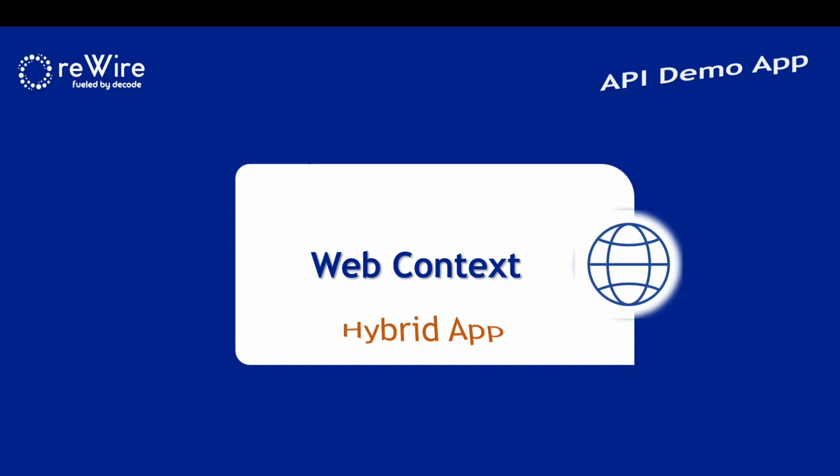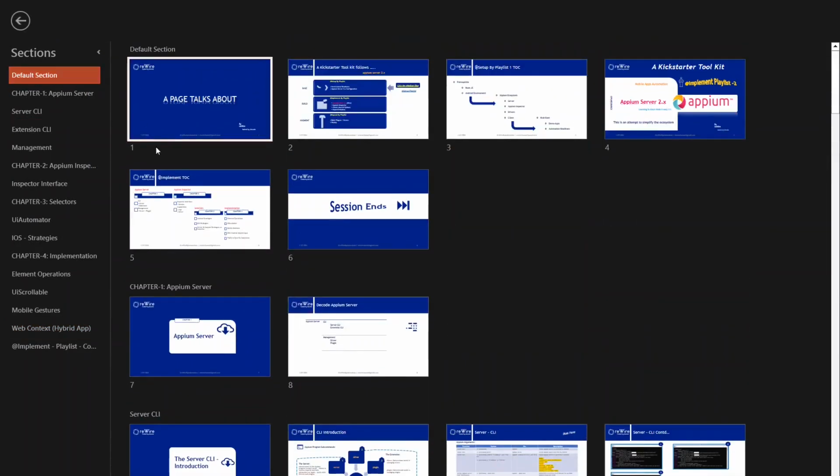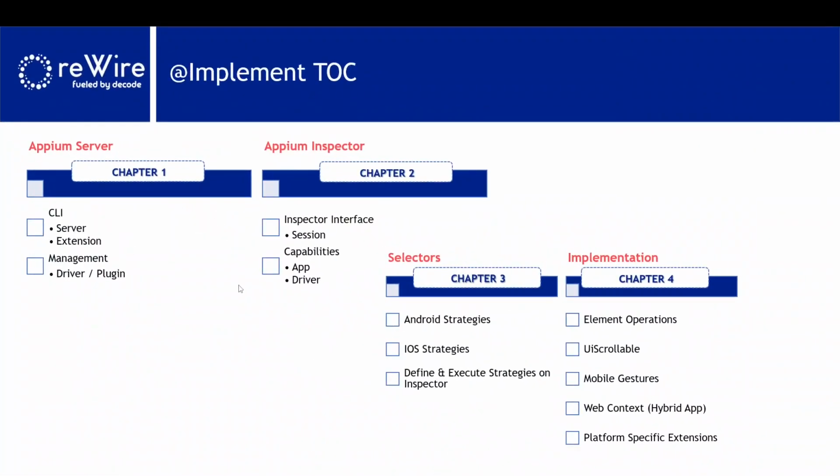In this session, I'm going to cover a hybrid app. Before getting into detail, I'll give a quick recap on the program that I have planned as part of the implement playlist. Just recollect the program, the plan, then we'll move to this one. So this is the implement TOC that we have as part of the